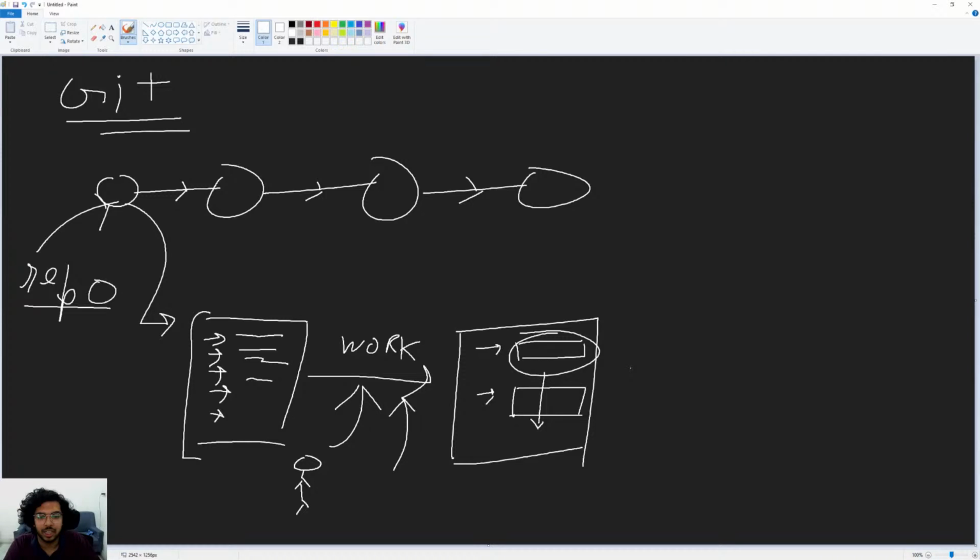But if you can imagine, thousands of people are working on the Linux kernel or on the Android open source project. There are thousands of people who all live across the globe, and their times are different, so it's very difficult to keep track of changes in a large project. Many projects have millions of lines of code and thousands of people working on it. A typical large project would be of this scale, millions of lines of code and thousands of contributors.